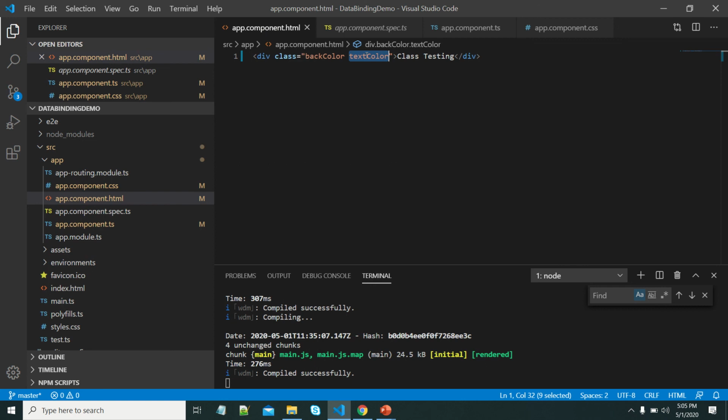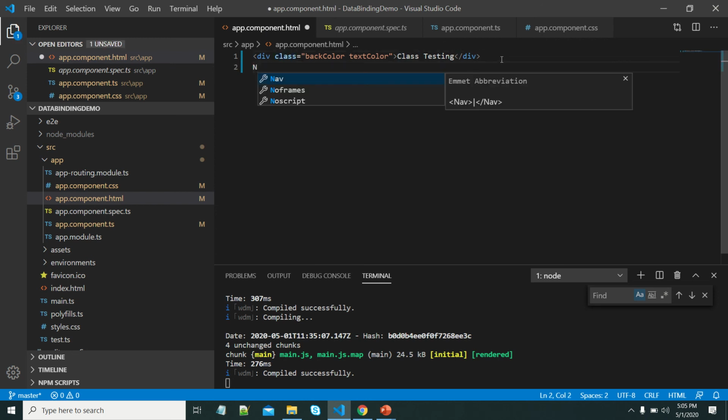That means if some value is coming from the component class, depending on that value I want to decide whether I need to apply back color or text color. Such cases are not possible with the simple class property. For this we have class binding, which is available in Angular. Let me take the same div tag.